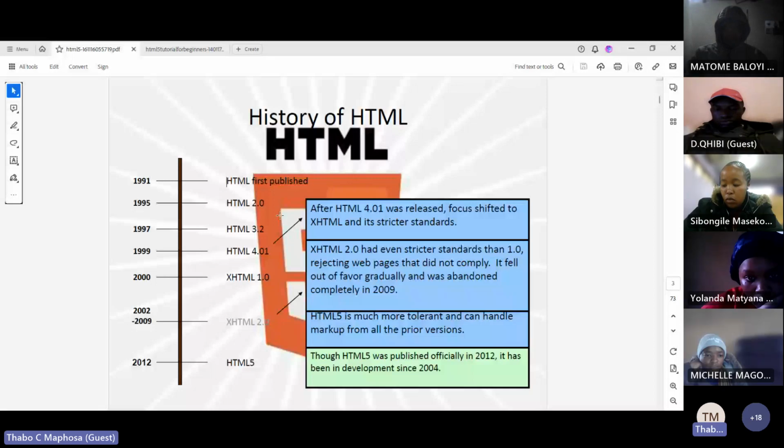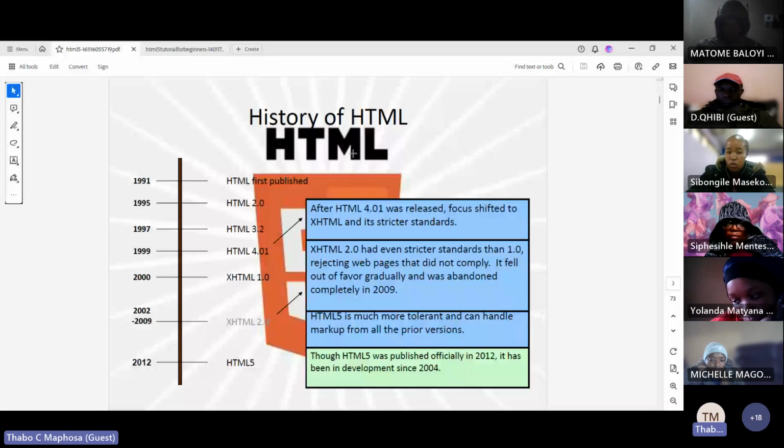Before that, HTML is short for hypertext markup language, which is a language we use for writing websites. The basic structure of a website is written in HTML.